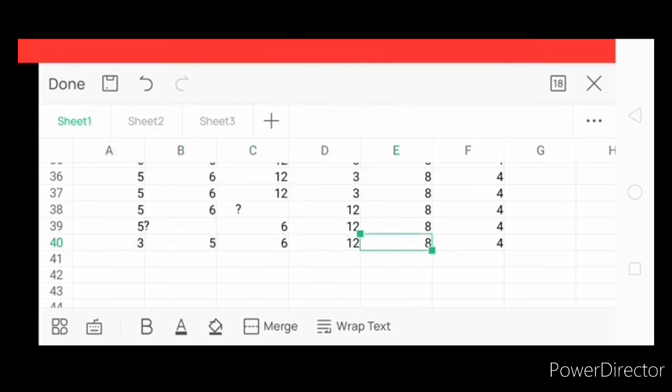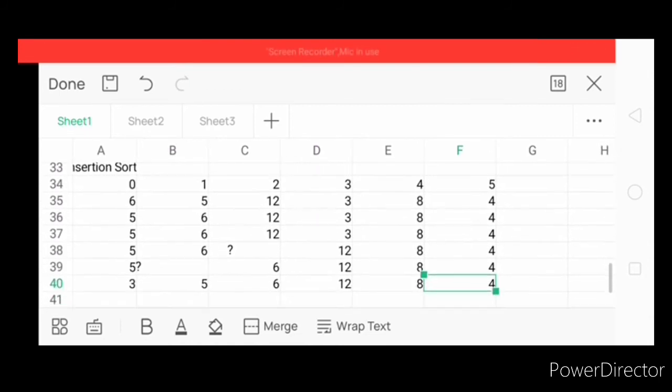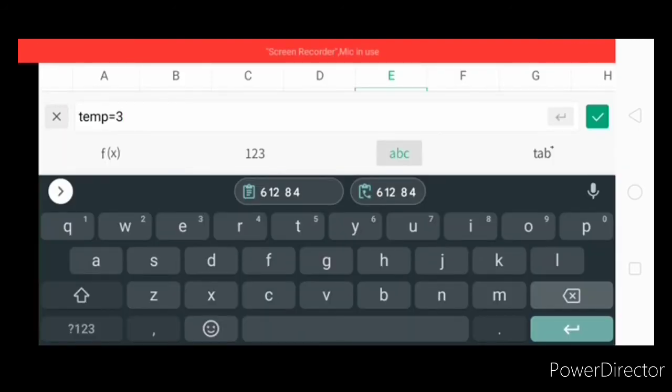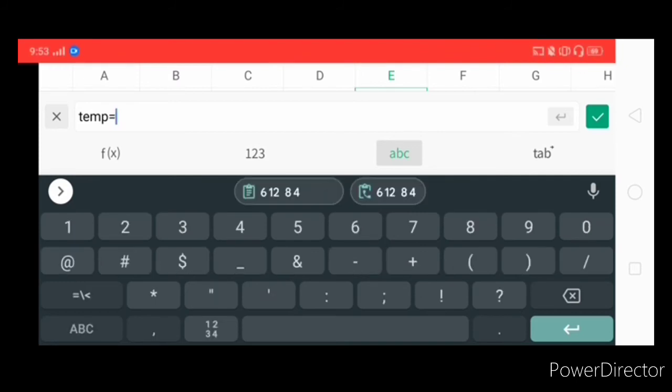So karon duha na lang. So let's proceed. So kanina ang temp na to is 3 nga may value ganina sa index 3. So karon for index 4 we have